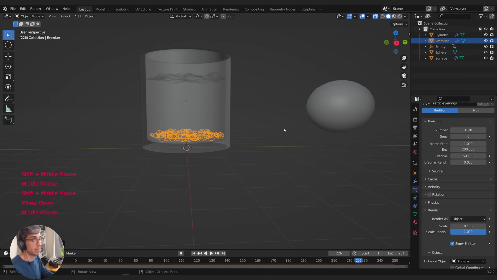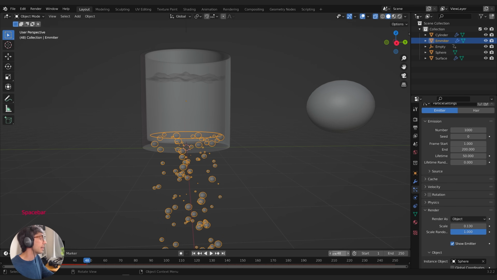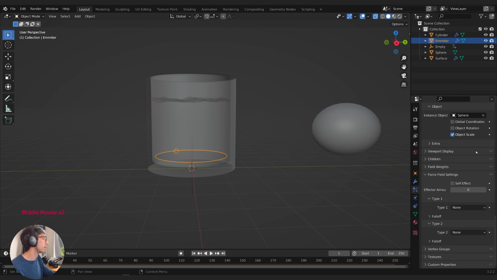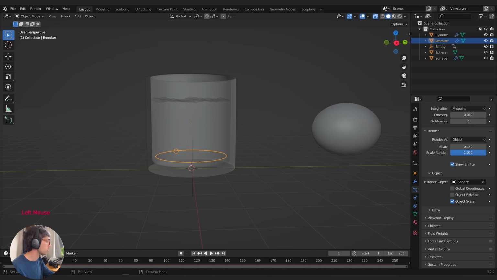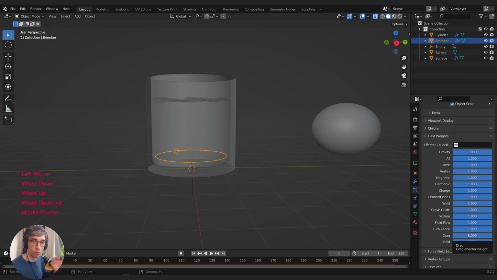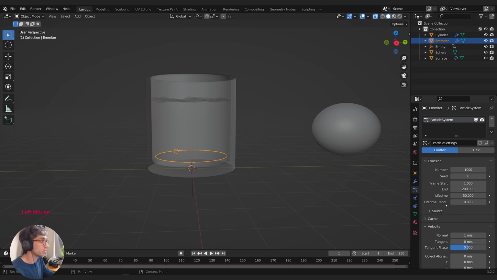Now, one problem is if I hit play, my bubbles are going in the wrong direction. So let's fix that. Let's go to our particle system and scroll all the way down to the bottom, and we're going to change, where is it? Field weights. The field weights give us all the different weights that are affecting the particle system. And you could go up here in the units, go to gravity and change the speed of gravity and make it positive, but that's going to change gravity for the whole scene. And if you are using any other kind of physics, it's going to mess things up. So let me show you how we just do it within the particle system itself.